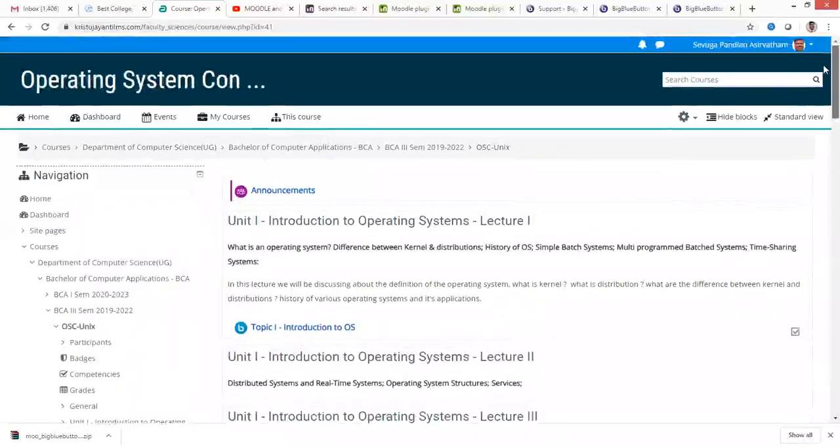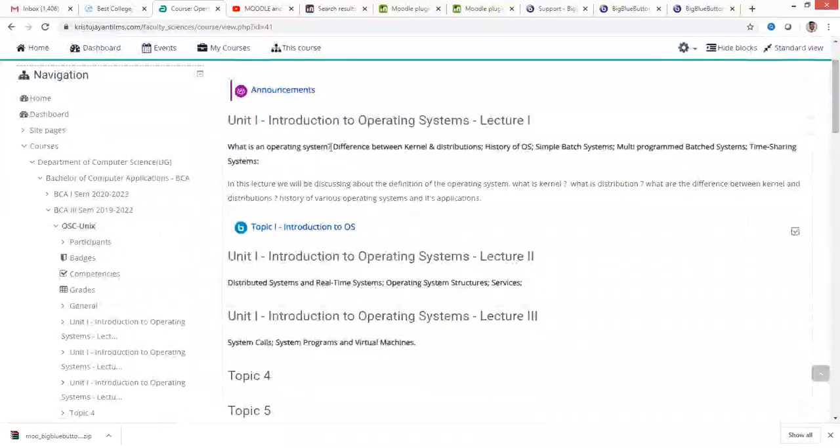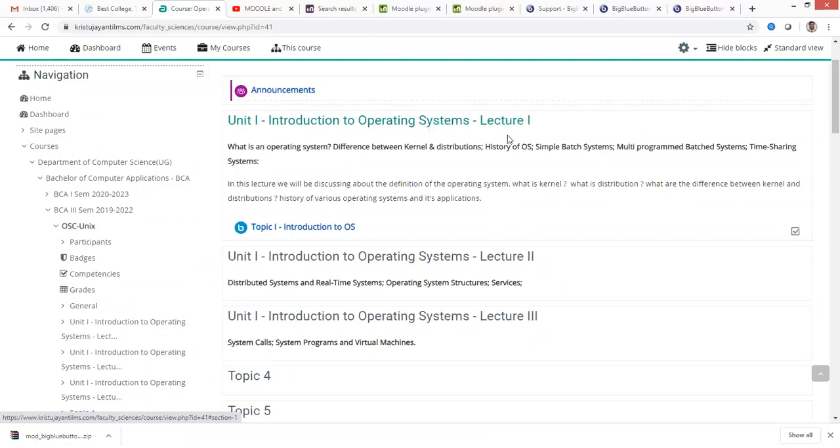So this is the operating system page, the topic which I have created. So the topics can be modified in this way. You can see here the topics can be modified in this way. So unit 1 and the unit title, and lecture 1. Inside lecture 1, I'm giving the syllabus content, what I'm going to cover in this particular